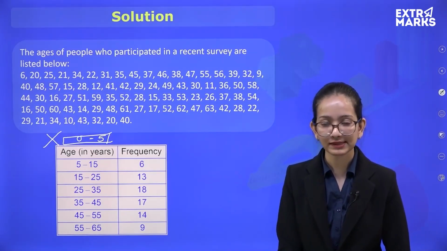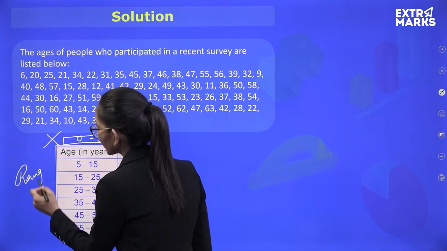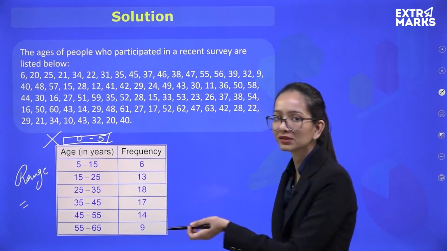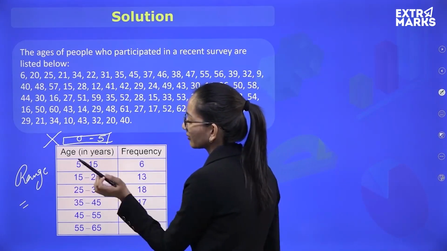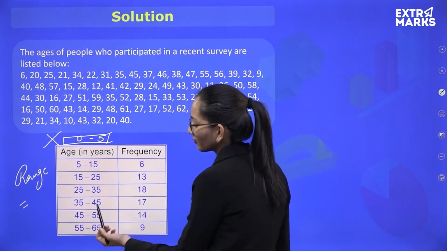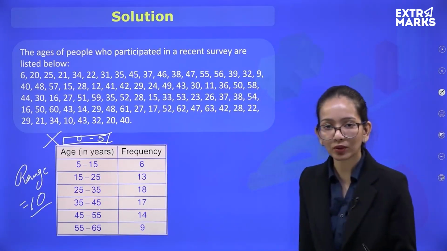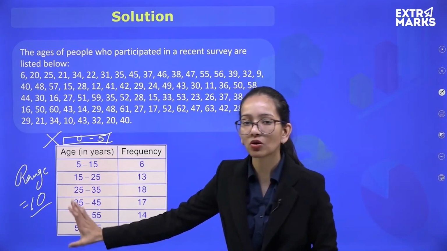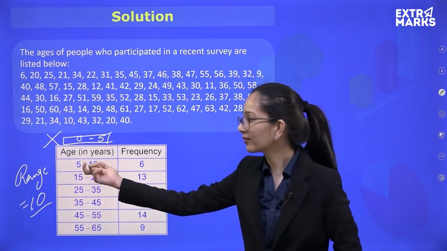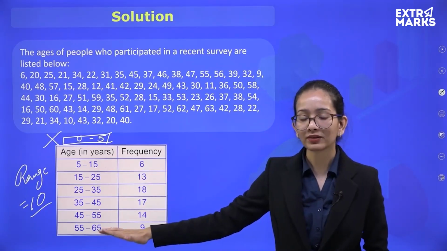and 55 to 65. What is the range of my groups over here? How to find the range? Range is nothing but upper limit minus lower limit. That is 15 minus 5, which is 10, or 25 minus 15, which is again 10, 35 minus 25, 45 minus 35. You have to subtract the lower class limit from the upper limit. So you will get the range of your grouped data, right? So this is the range, that is 10. So I have taken the range of 10 for grouping this age, 5 to 15, 15 to 25, 25 to